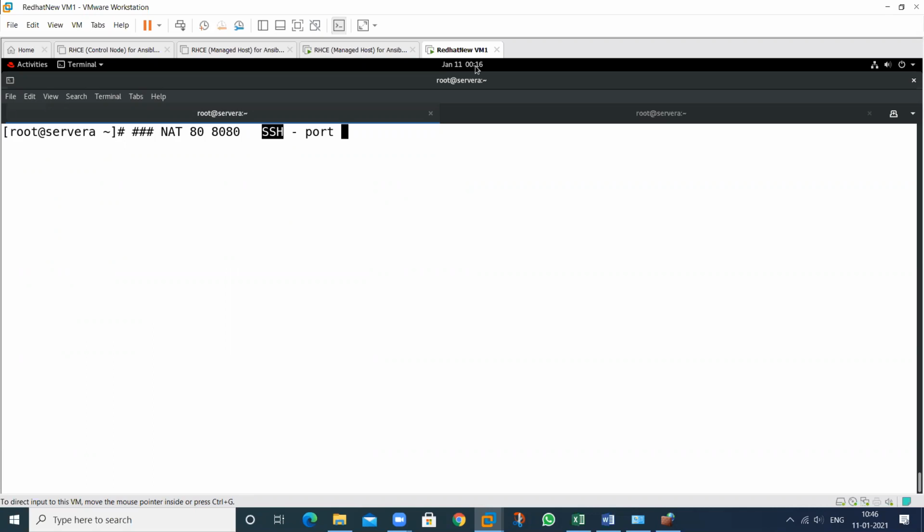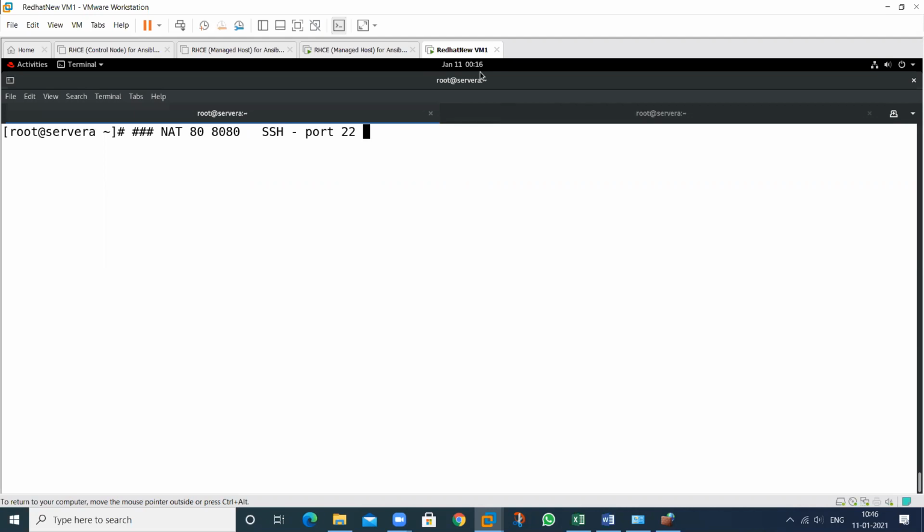Only 22 we use for SSH. 21 is for FTP. If you want to disable or enable the FTP service, you can use 21. And if you want to enable and disable the SSH functionality, you can use this one.